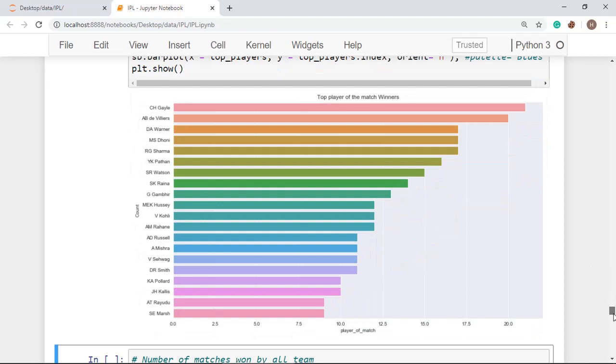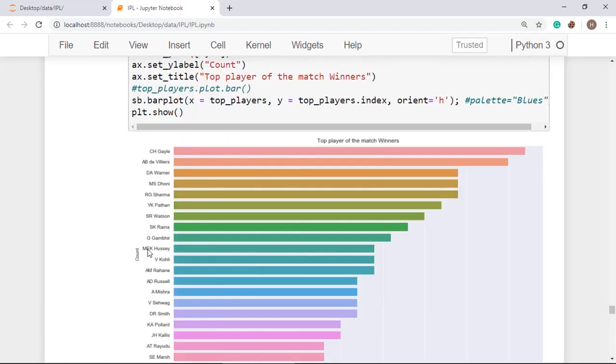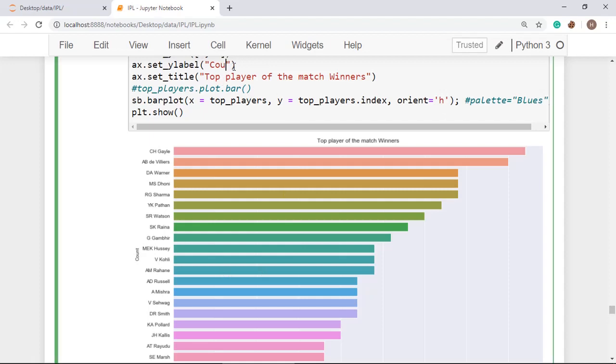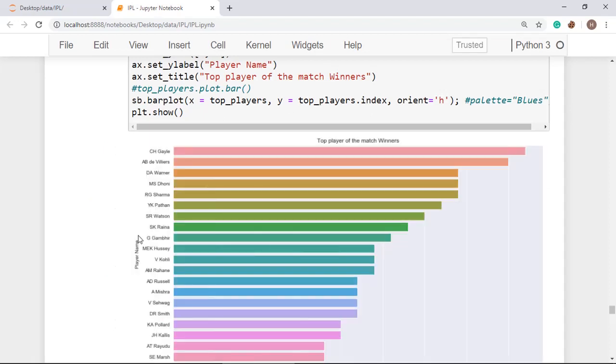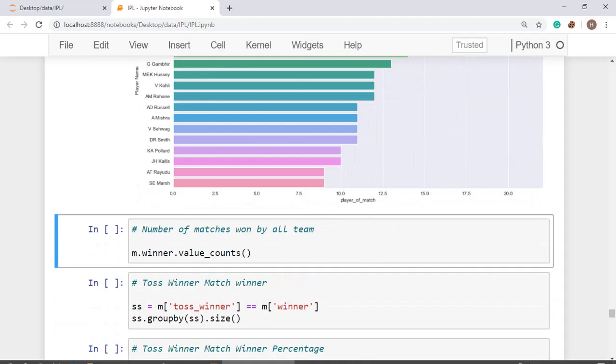and now you have just reversed this thing, so you have to change the name here. So I am setting the y label as player name. Okay, and now when I run this, it will change the player name, and here player of the match.